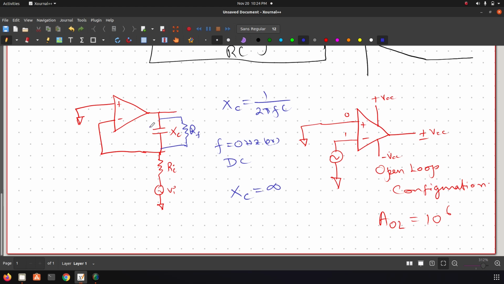So even if Xc is 0, this feedback resistor gives a negative feedback, and the gain is as usual for the non-inverting case. The gain is not infinity. The gain is minus R, sorry, it's just Rf by Ri. So this is the gain if we add a resistor parallel to this capacitor. So in order to get a practical integrator, the circuit should be modified like this.